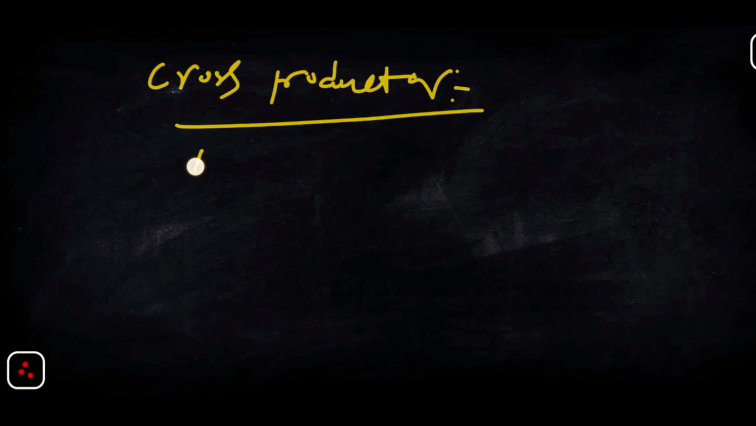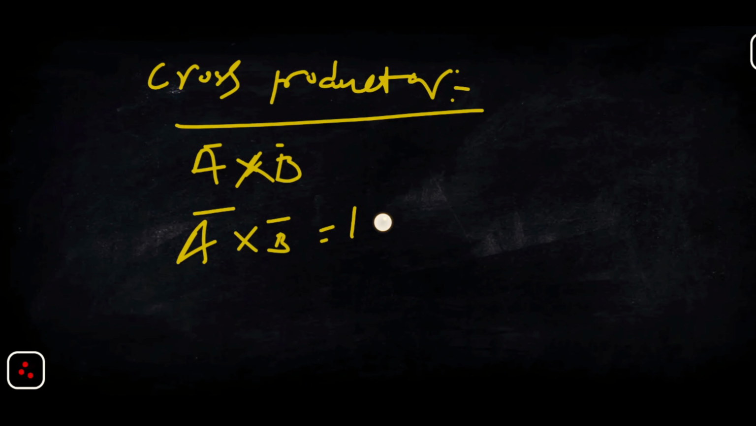Cross product of two vectors a and b is denoted by a cross b. Two vectors cross product, how do we represent it? a cross b, it is a cross mark. A cross b we are representing. A cross b is one of the formulas we have to remember, that is magnitude of a, magnitude of b